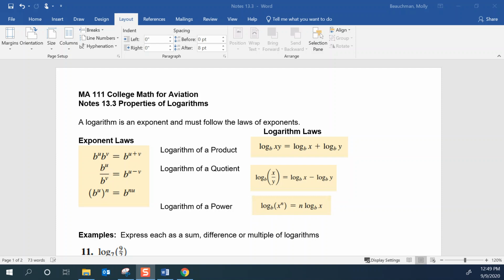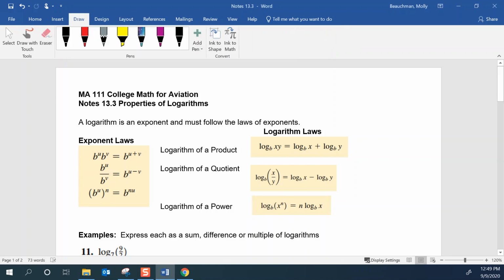In this video, we'll take a look at section 13.3, some properties of logarithms. So we found out when we defined what a logarithm was, that the logarithm is an exponent. So since a logarithm is an exponent, it has to follow all of the rules for exponents. So the first three rules that we're going to take a look at, exponent laws, and look at the corresponding